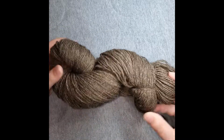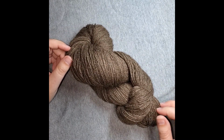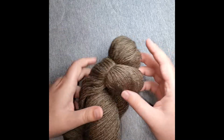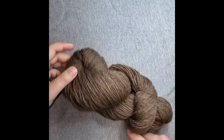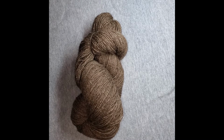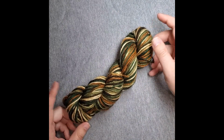It's a way that you normally, when you go to a yarn shop and you buy more of a, not necessarily a specialty yarn, but something that's not exactly acrylic, we'll say. This is, a lot of times, how it's sold. It's easy to store. You get to actually see if there's any color change. For example, in this variegated hank, you can actually see all of the colors along with it,